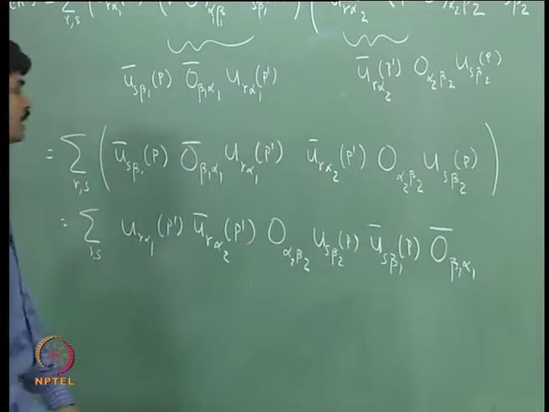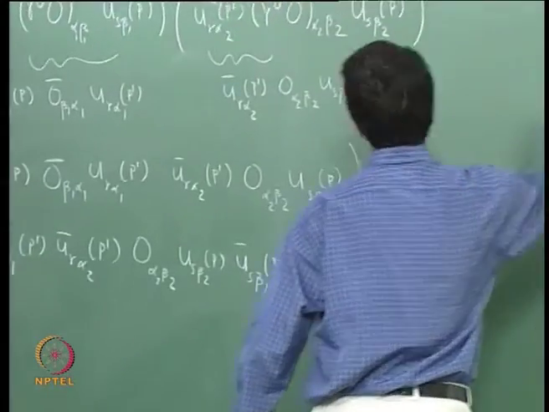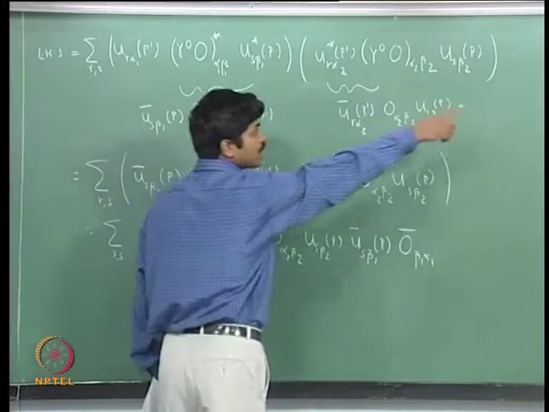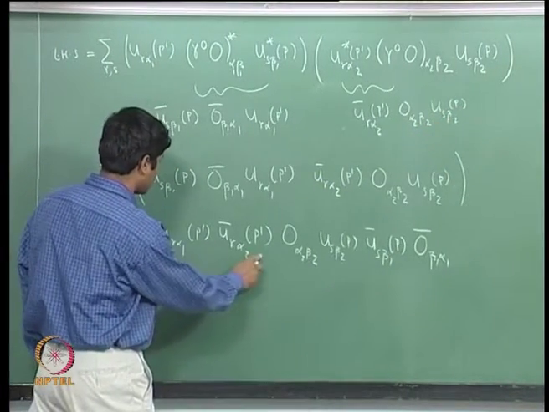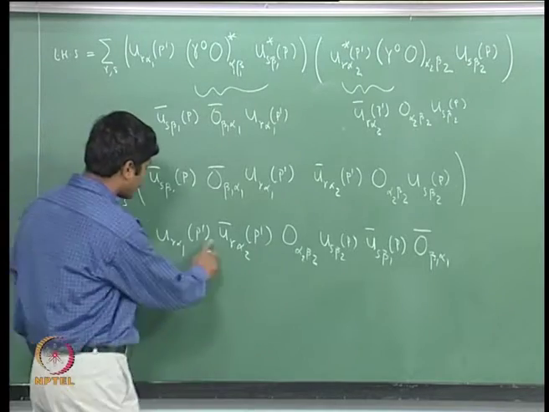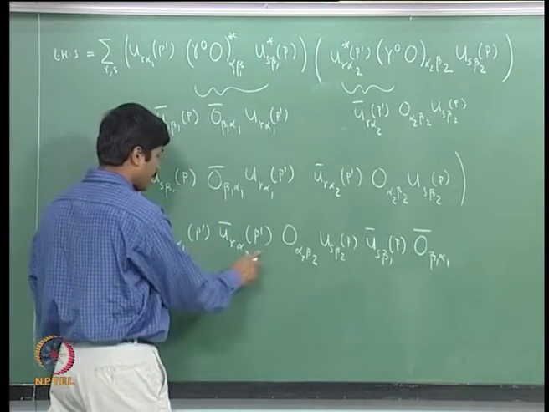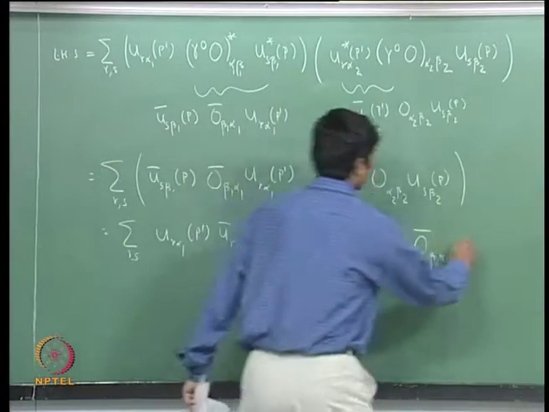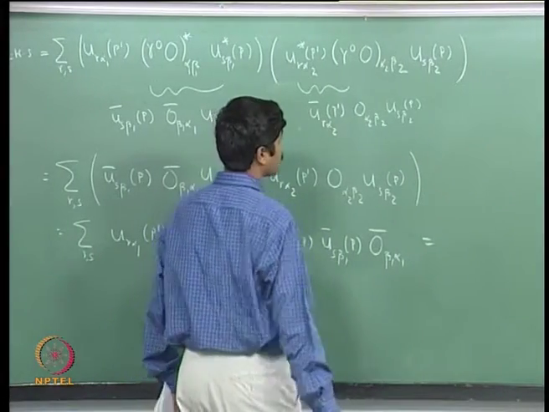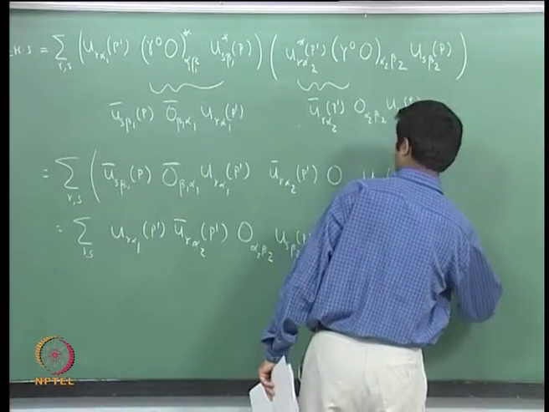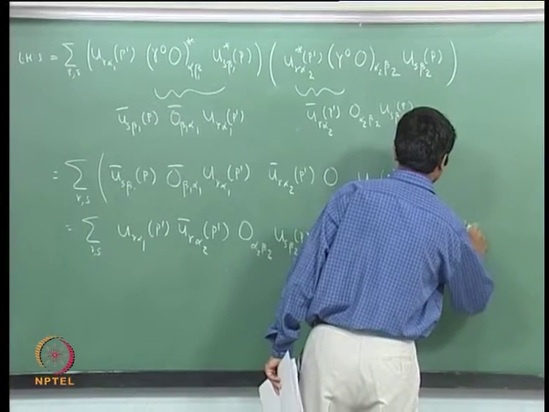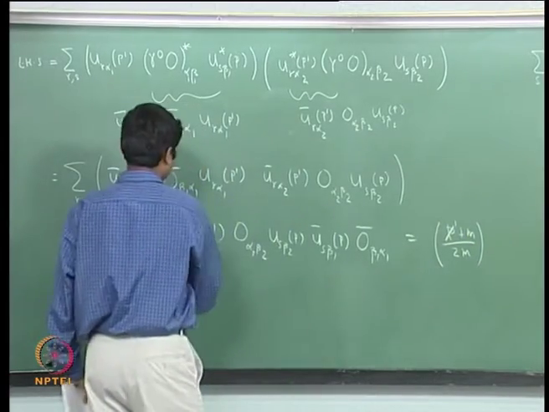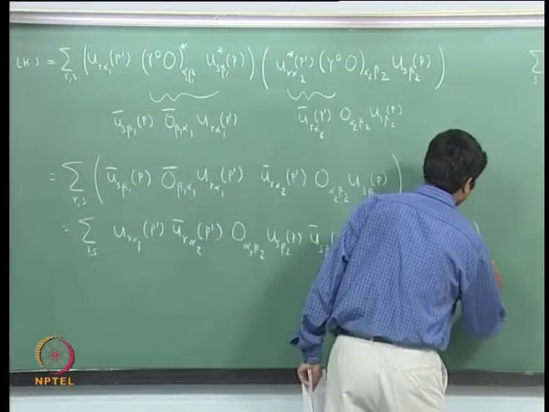But now you see that it is of this form here. Therefore, we will use this relation there, and then we will substitute this for P prime slash plus m over 2m, and similarly here I will use that identity, then this term here will become p prime slash plus m divided by 2m, the alpha 1 alpha 2 component of that,